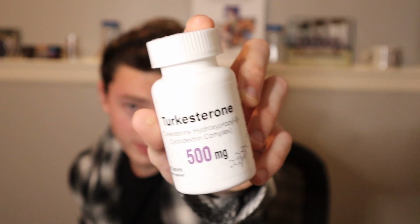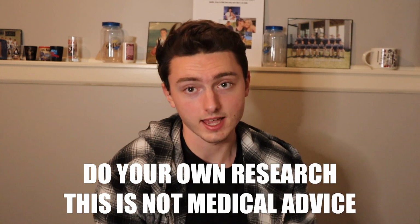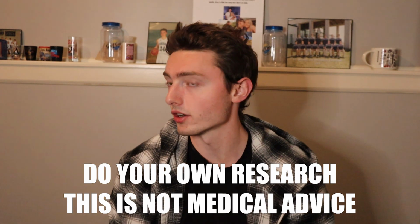Do I think that it's worth it? Yes. I think that this little bottle right here, Turkesterone, I don't know if that was in focus, I don't have my glasses on, I'm blind. I think this little bottle is 100% worth it. I think it's like 50 or 60 bucks for 60 caps. So I took 2,000 milligrams a day, 2 caps in the morning, 2 caps at night. So overall, I think it's about 100 bucks a month,